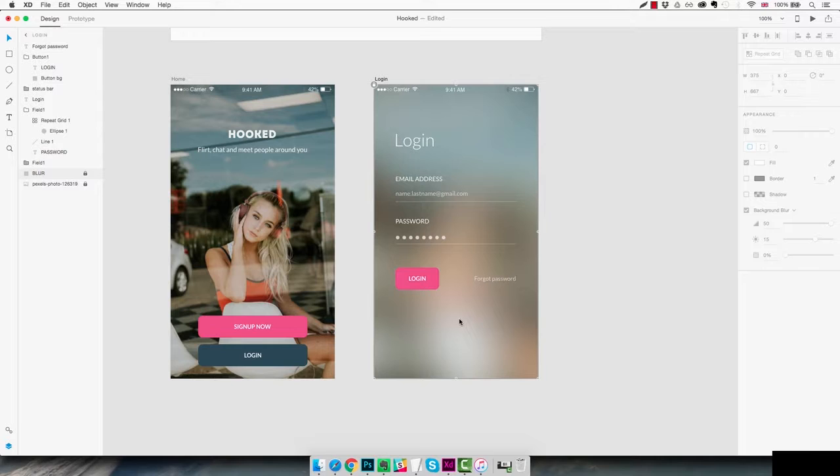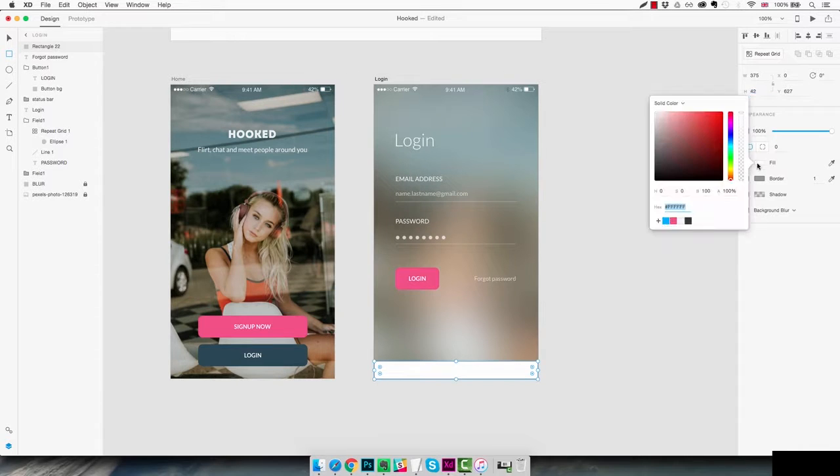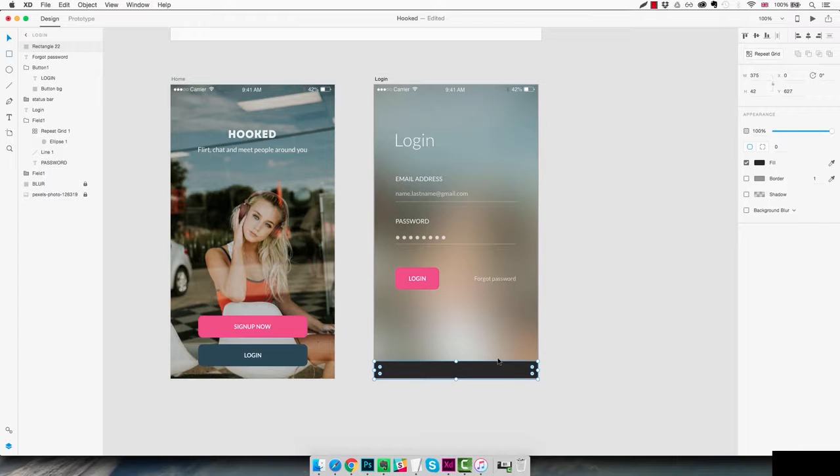Okay, so now we're gonna add at the bottom of the screen a little link to sign up for those users who don't have an account. So with the rectangle tool, we're going to create a rectangle here at the bottom, about 40 pixels, maybe a bit bigger. We're going to remove the border and make it a dark gray, something like this, and align it all the way at the bottom. And then we're gonna play with the opacity and tone it down to about